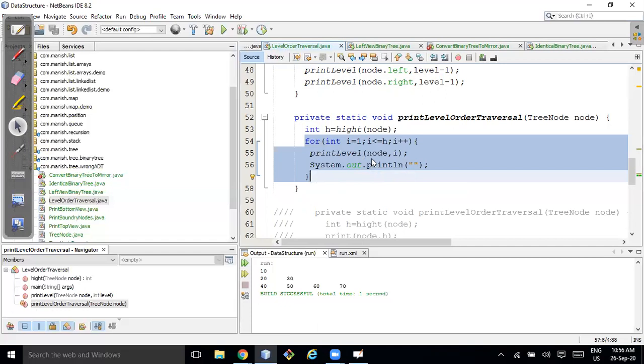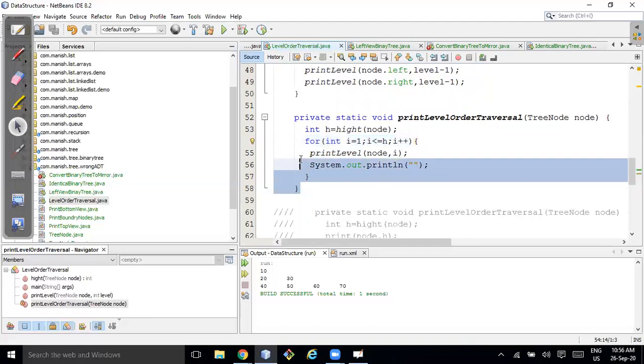You got my point, right? How can we do that? My problem is I don't want to use a for loop. Say I'm the interviewer and I ask you to do the level order traversal. You use a loop. Again I'll stop you there. I don't want to use the iterative approach. I just want to use recursion. How can we convert it?